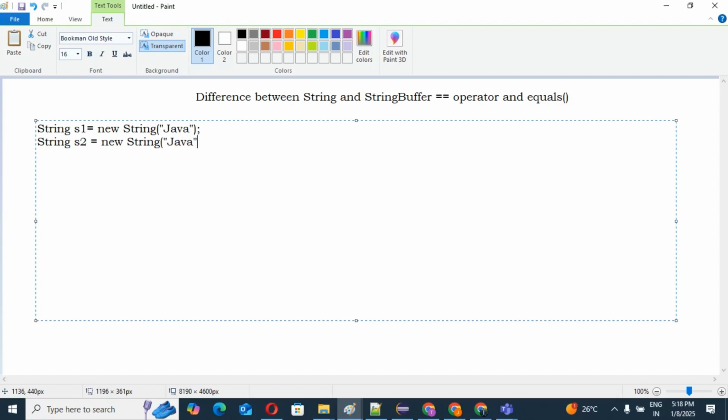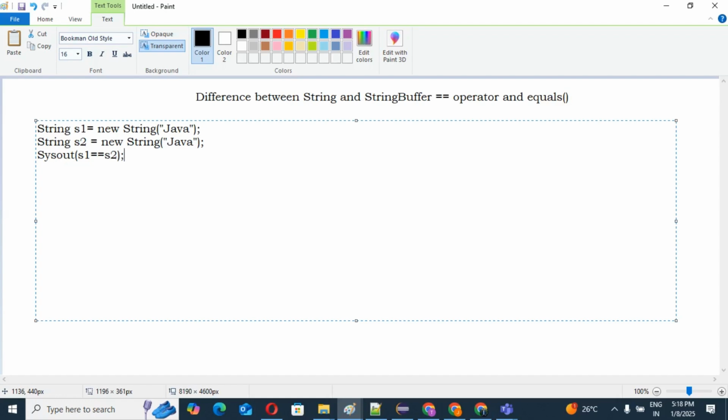Then see how I am going to compare with the help of the double equal operator: sysout, s1 equal to s2.